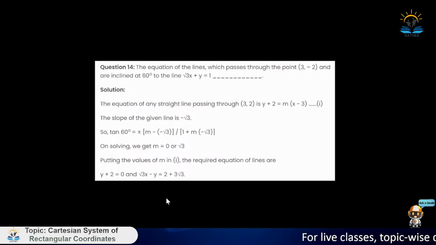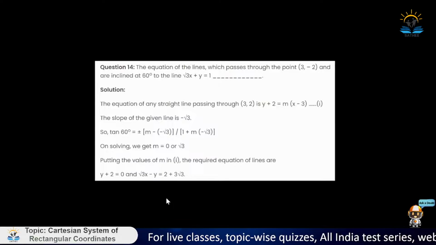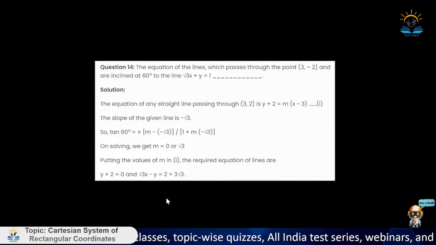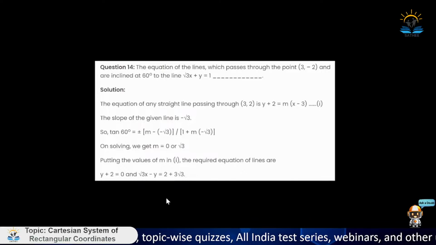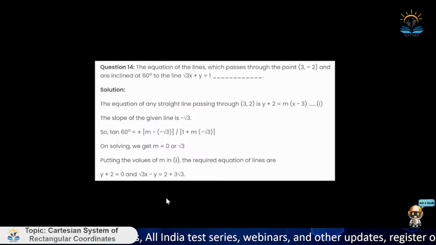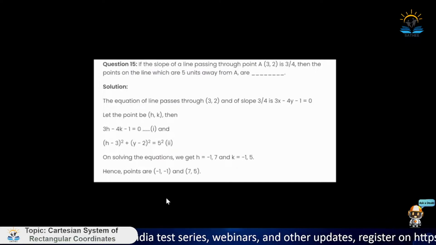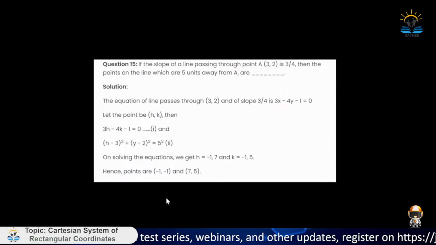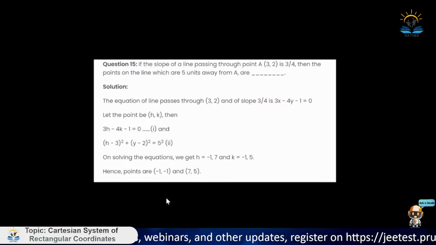Here we are finding the difference. So here we know m1, which is minus root 3, and we have to find m2. So tan 60 equal to plus or minus of (m minus of minus root 3) by (1 plus m into minus root 3). From here we'll get m equal to 0 or root 3. If you substitute in y plus 2 equal to m into x minus 3, with the m values, you'll get two equations. And also we'll go for the next question,